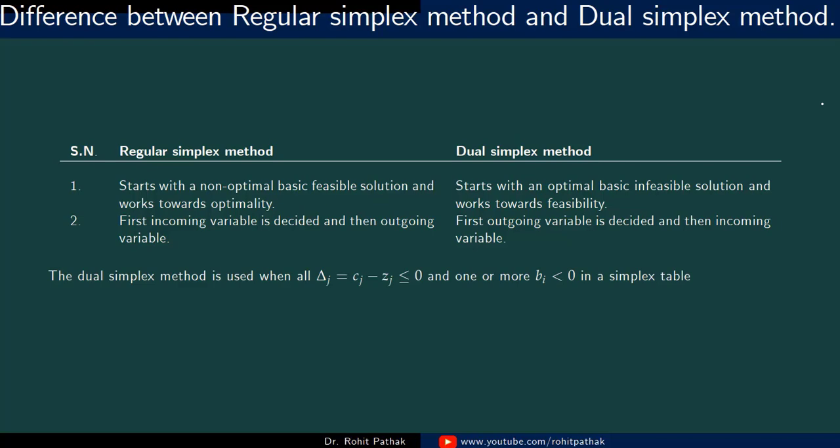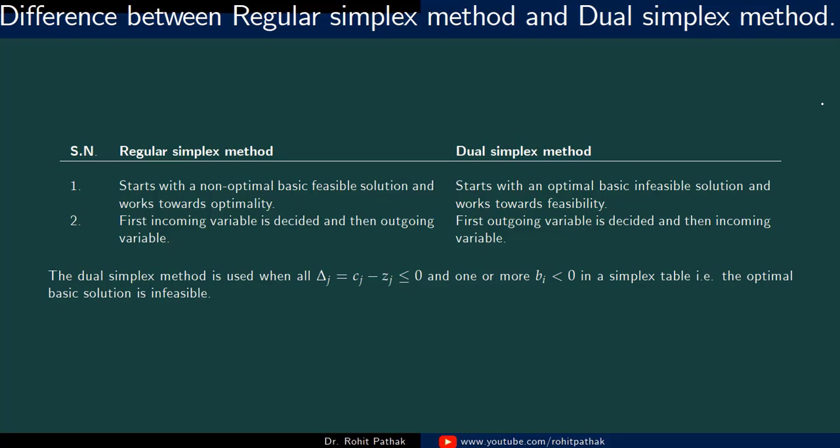The dual simplex method is used when the net evaluations del j equal to Cj minus Zj are less than or equal to 0, and one or more bi, meaning values of basic variables, are negative. So this is the condition for starting with the dual simplex method.